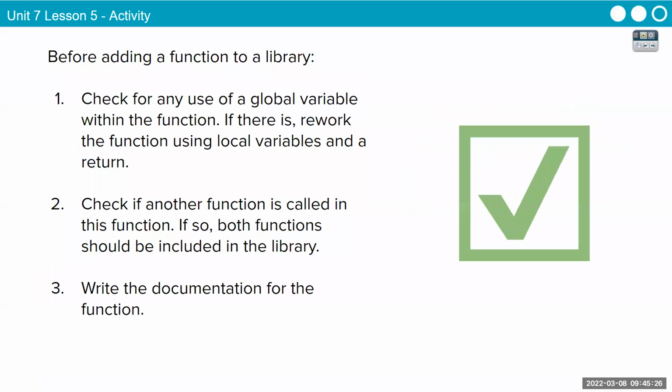Also, you'd want something to send back. There aren't a lot of times you'd want a library function to not return something. If you think about having a set of functions sort of in the background waiting for you to call them,